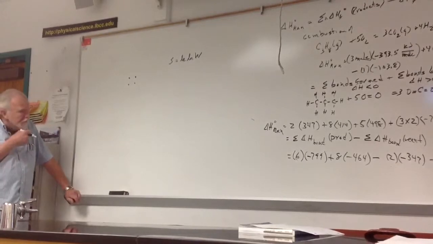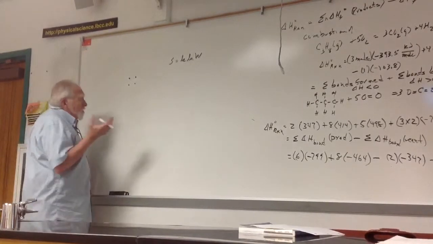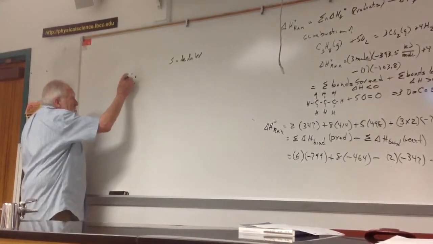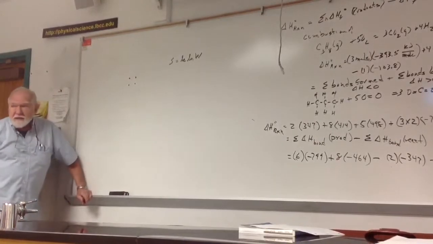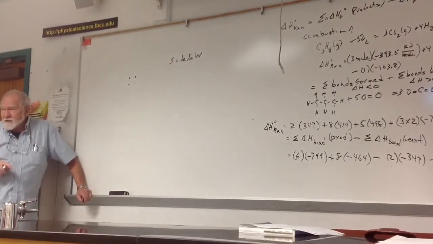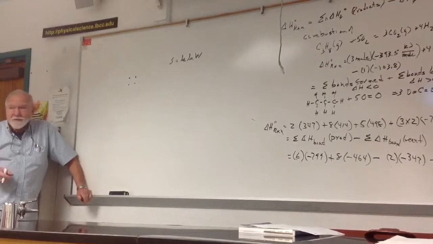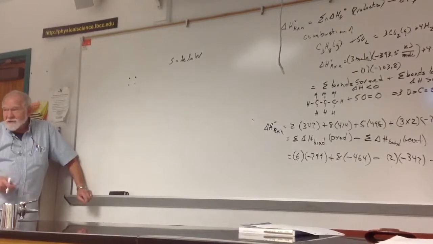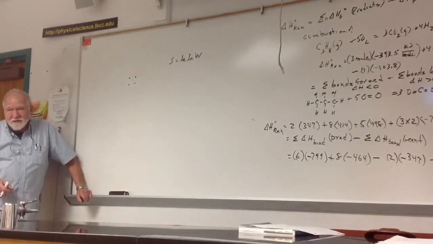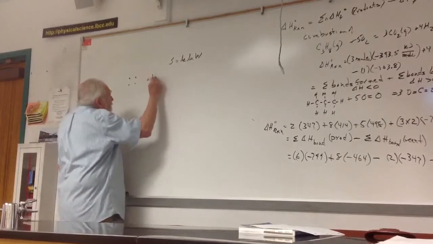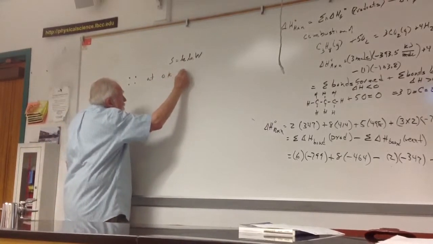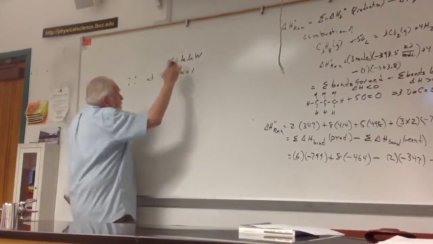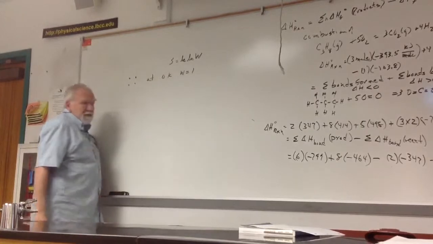But if this is at absolute zero, no energy in the system, there's only one way I can put those molecules. They're at the different spacings determined by the crystalline lattice. If there's only one way of arranging those 4, what's the log of W? Log of 1 is 0. W is 1. There's only one way of arranging it. So log of W, if I had 40 molecules, it would be the same sort of thing.